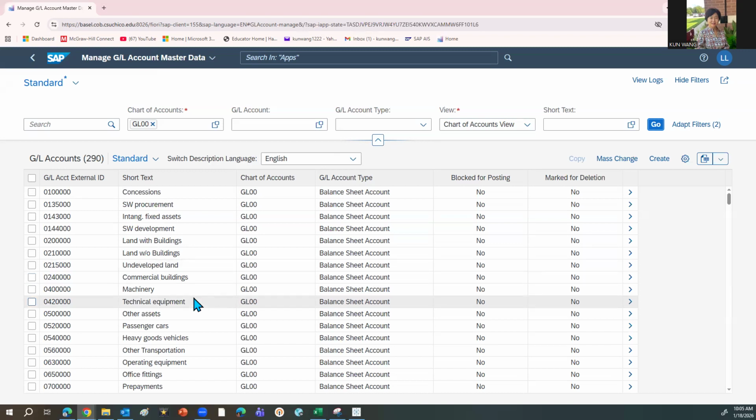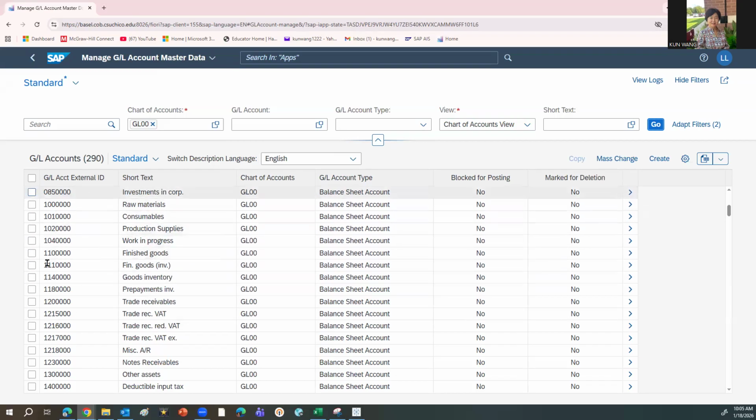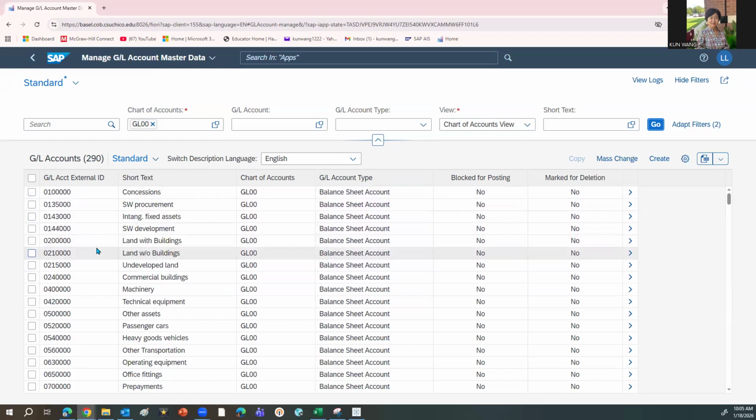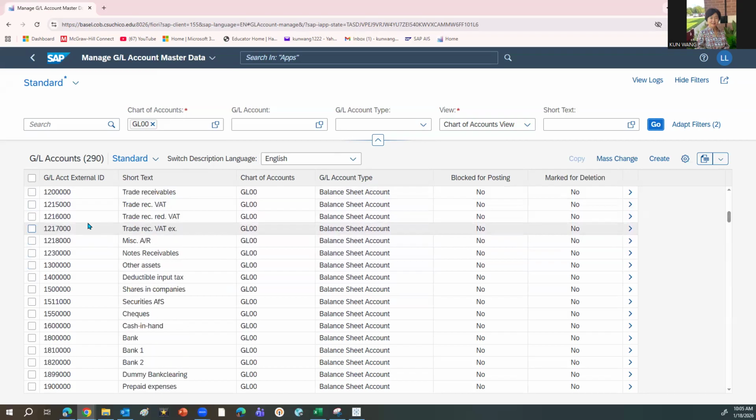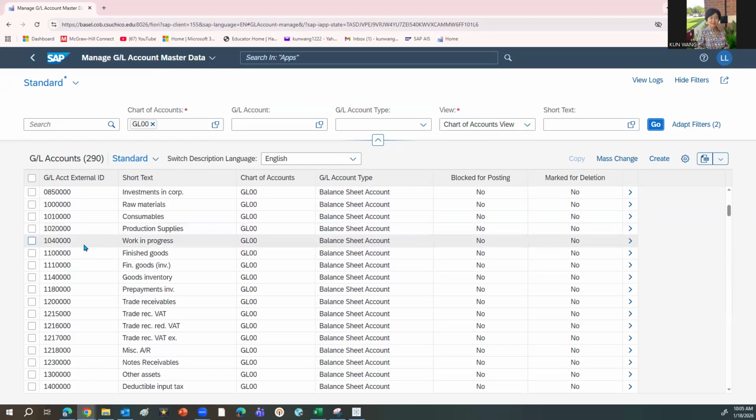It's not really ordered as the balance sheet, but by the numbers, not by the name of the accounts, right? So it's starting from the smallest to the higher. But if you look for some of the familiar names from what we have learned, like the 104, work in process. So that's one of the inventory accounts for a manufacturer company. Finished goods. And prepayment, inventory, and then